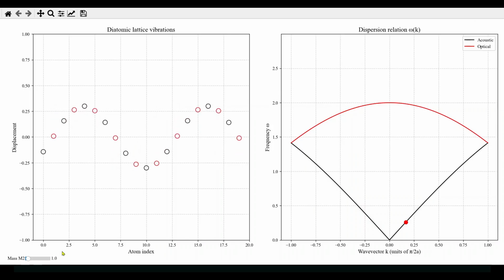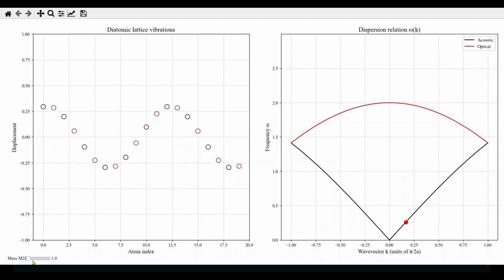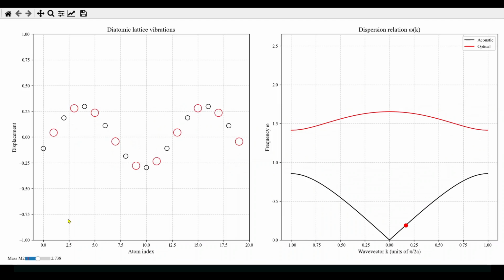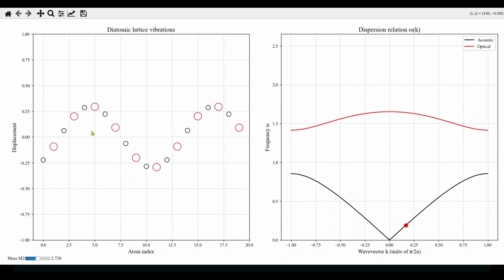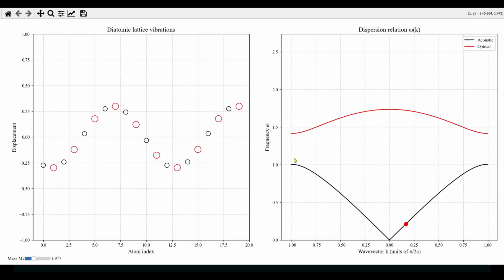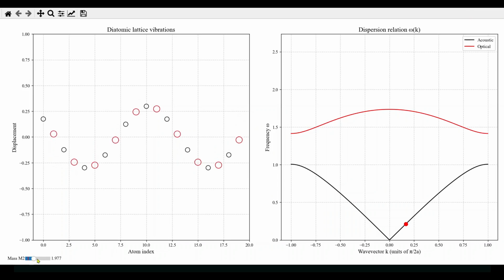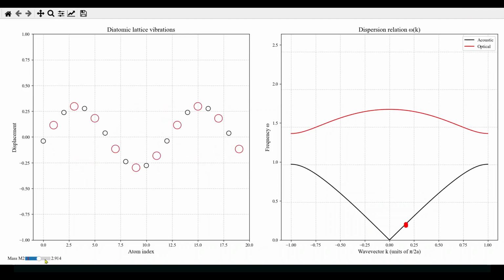So here you can see that when the two masses are equal, this forms a wave where the neighboring masses are moving in the same direction, right? So there is no phase change. Also we can see if the masses are different, then also they are moving in the same direction, right? The only effect of the change of the ratio of mass is on the forbidden bandwidth, or forbidden band gap. The value of the forbidden band gap increases if I increase the ratio of the masses,